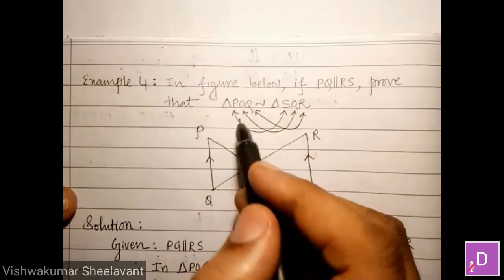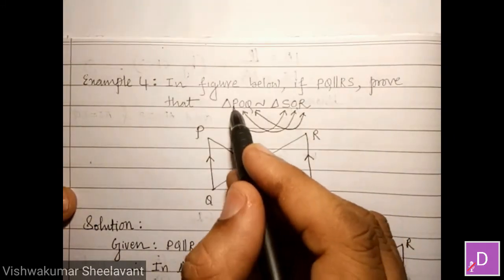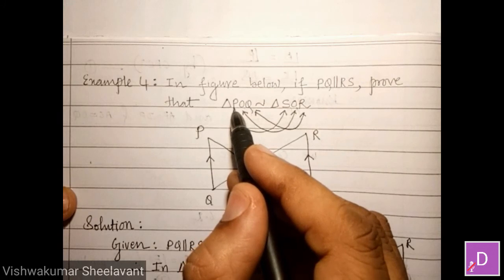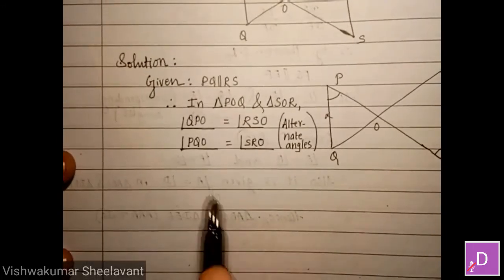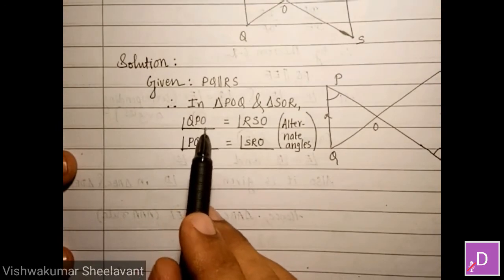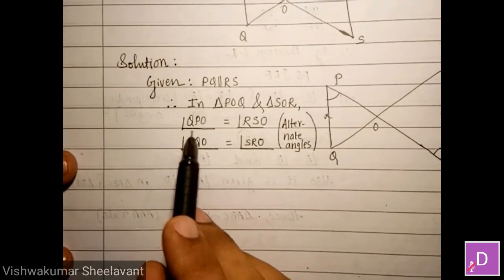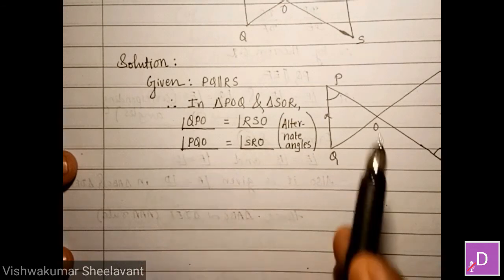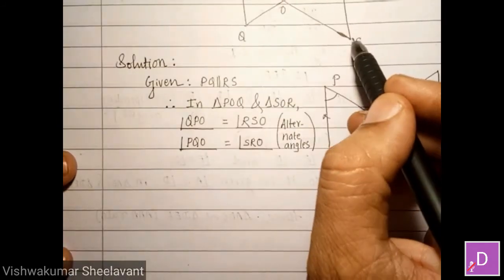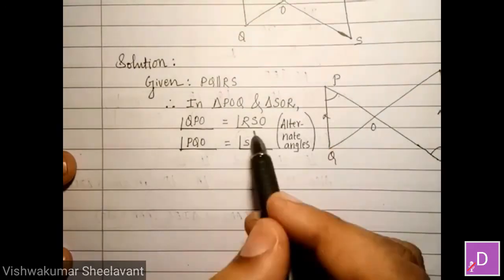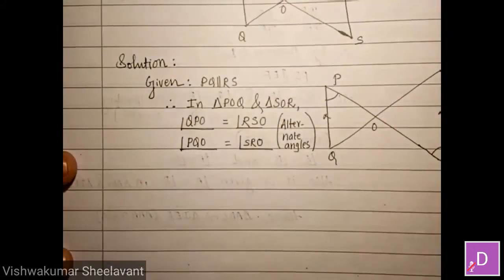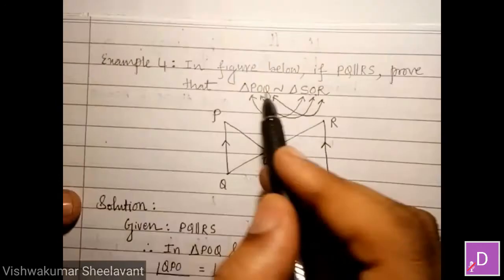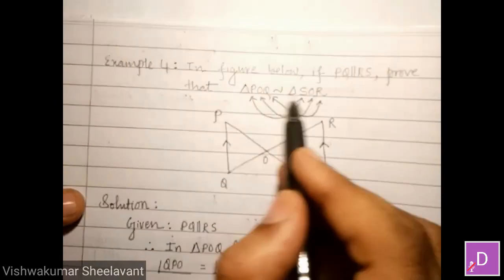If you are making use of three letters to write an angle, whichever angle you are writing, you keep it at the center. If you are writing angle P, then you see this first angle here. It is now QPO. P is at the center. In other triangle, you are talking about angle S. So angle S should be at the center. Angle P becomes equal to angle S. And that is what is correspondence here. Angle P should be equal to angle S because they are corresponding angles.